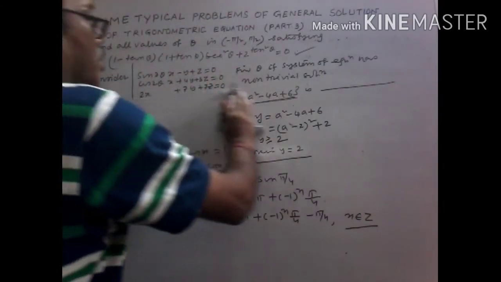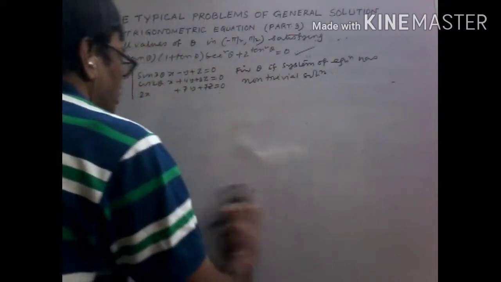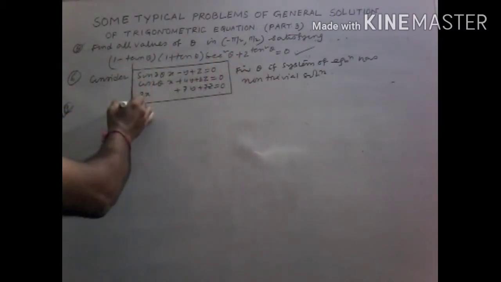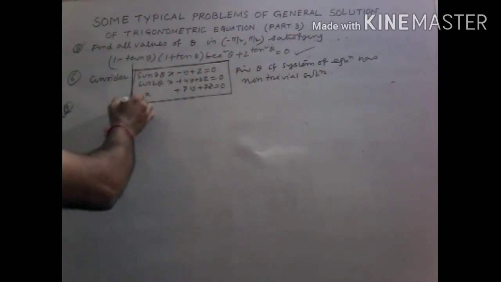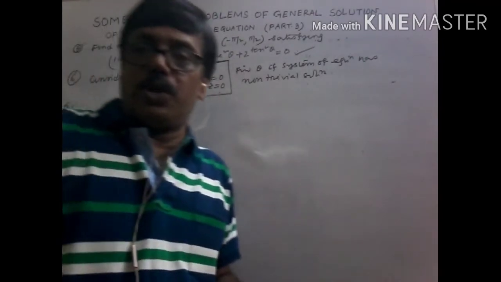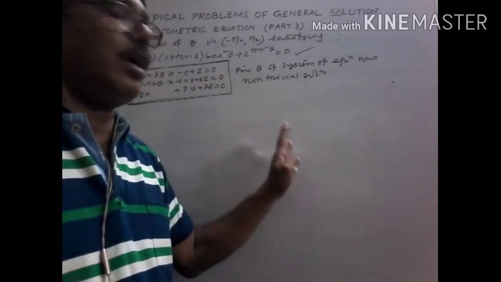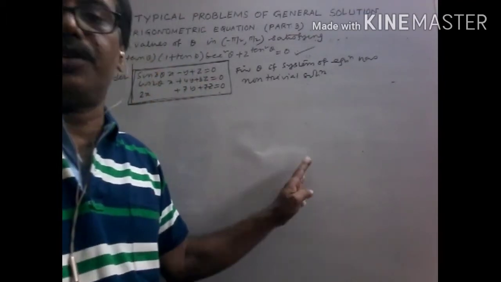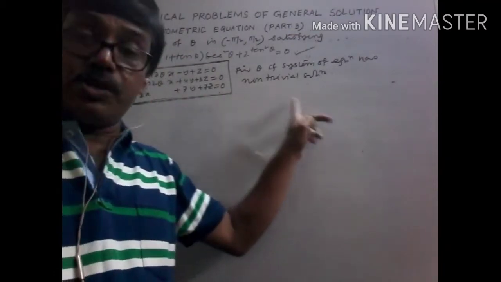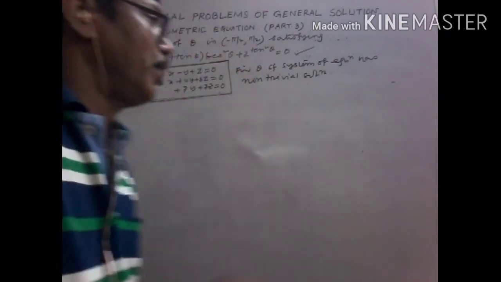Now look, problem number 6. Actually, this is a problem of the theory of solving homogeneous equations by the determinant method. Three homogeneous equations are given. We know for homogeneous equations there are 2 possibilities. If all the values are zeros, then it is called the trivial solution. And for a non-zero solution, what is the condition? The determinant is not equal to 0.